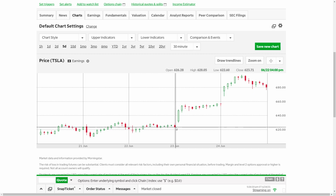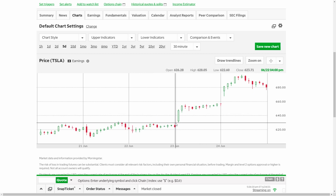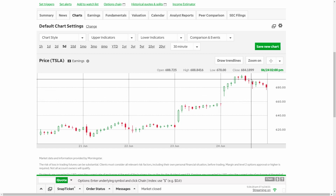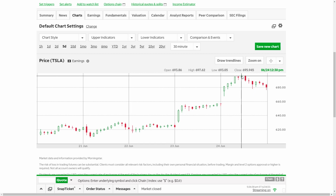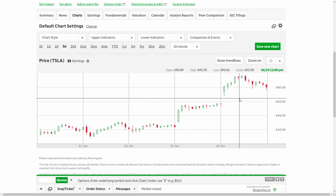So what changed between the open on the 23rd and where it closed, albeit a significant amount higher? The open on the day was $626.28, so it did have a $3 pop, and it closed on the day at $656, so more than a $30 increase. Now it actually touched right at $693 or 697 was the high, and I think there's a possibility that the stock price is going to finish over $700 a share